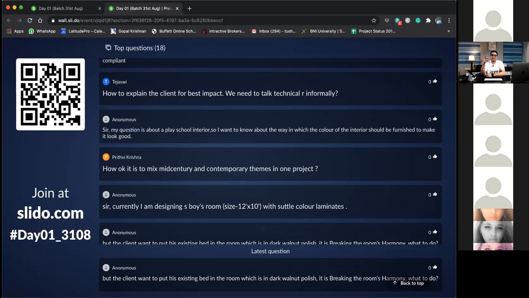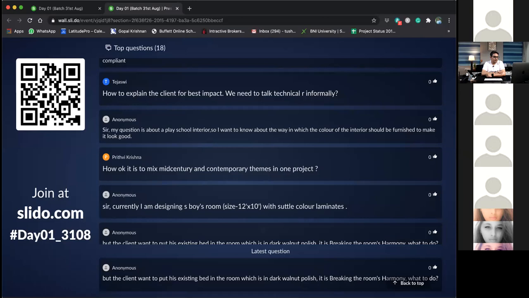It can give a different flair to your project, and it can be a strength when people feel something refreshing and new, not repetitive. But be careful that you don't go completely contemporary and then have some mid-century furniture or element just put there. You'll have to understand where to use what. Do a little research on that, and I think it is a good idea. Thank you, Prithvi Rathod, for that.